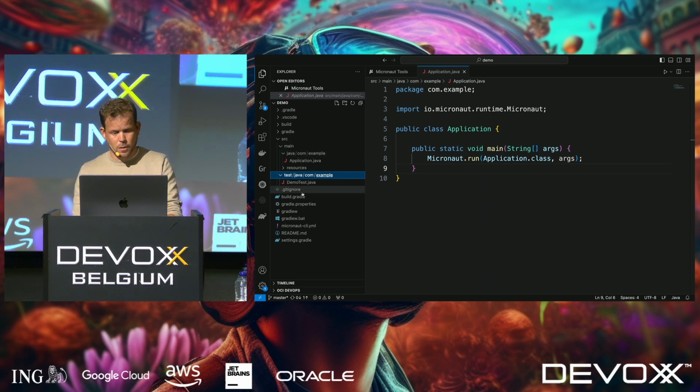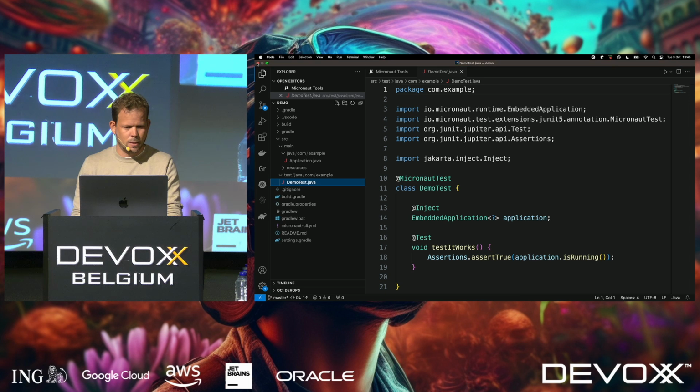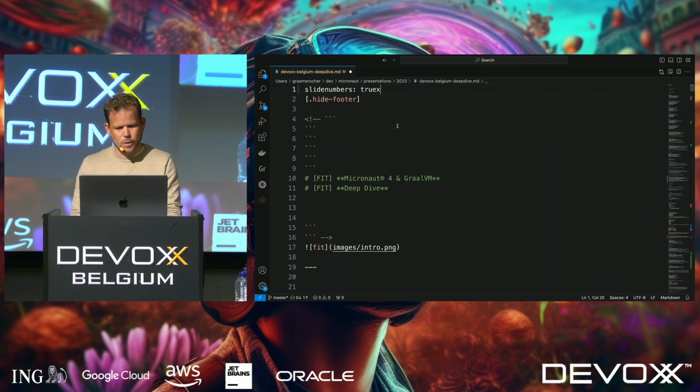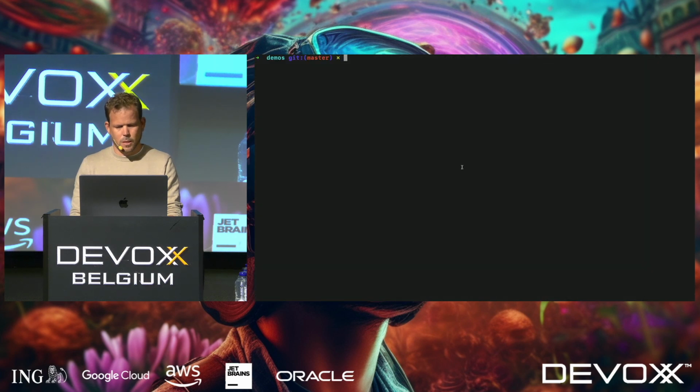I chose Gradle, but you could have chosen Maven or whatever else. When you create the project, you automatically get a test, and I'm actually going to change something up a bit here because using JDK 21, there is one caveat, which is that you need to use